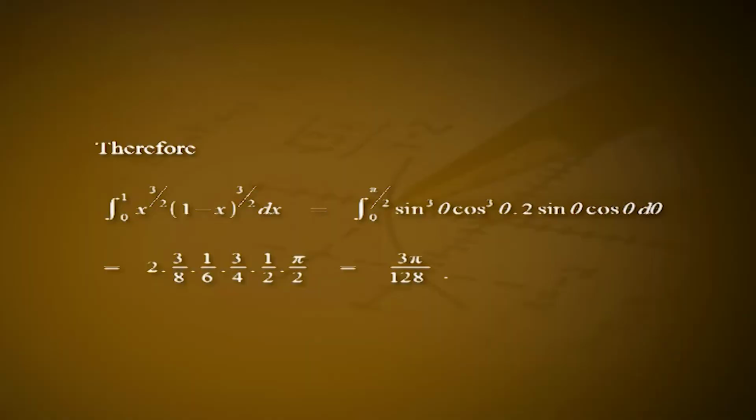Therefore, integral from 0 to 1 of x^(3/2)(1 − x)^(3/2) dx is equal to integral from 0 to π/2 of sin³θ cos³θ × 2 sin θ cos θ dθ, which is equal to 2 × 3/8 × 1/6 × 3/4 × 1/2 × π/2, which is equal to 3π/